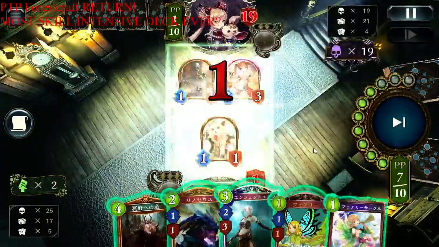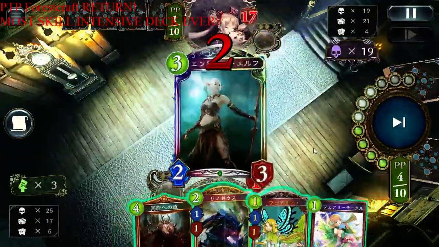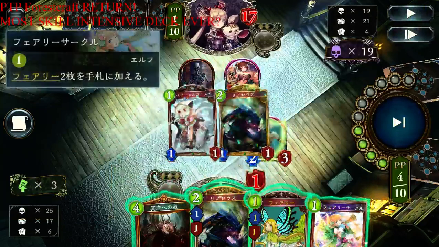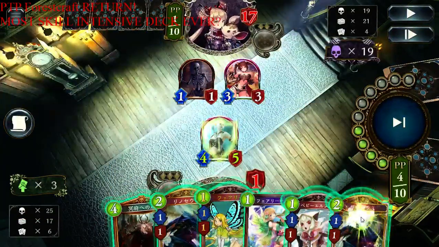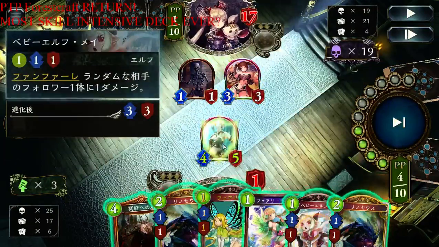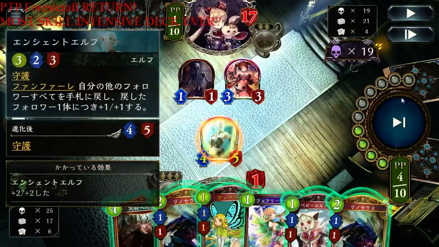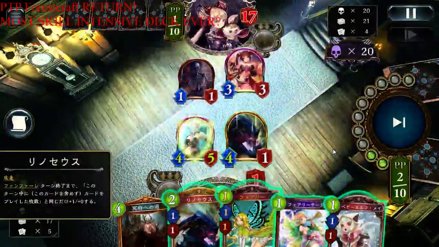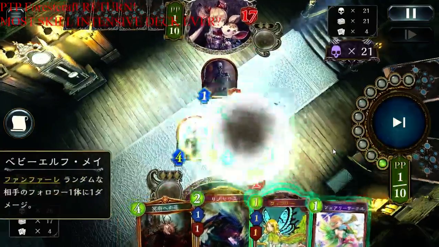I would say this is a play miss, because I shouldn't have been playing like this. I should have used the Fairy Circle and then played a Fairy and used Rhinoceros to kill the 3/3. Then play May, then play Ancient Elf, then play me, or maybe another Roach. So that would be a so much better play. But lucky enough, my ping actually hits one of the Skeletons,